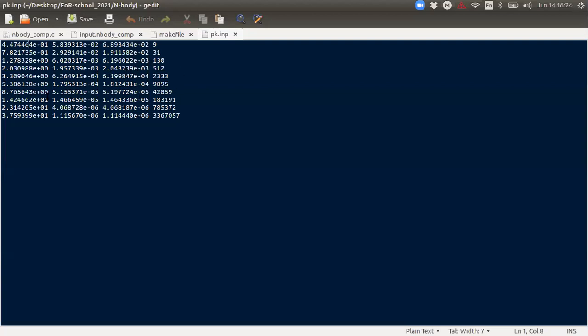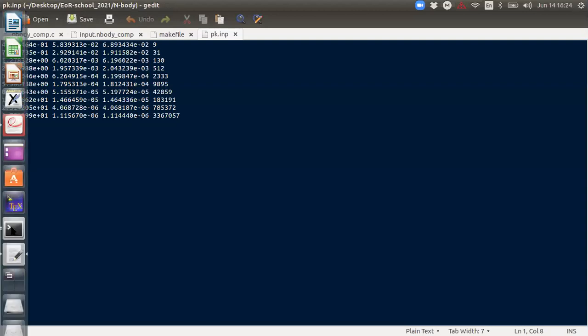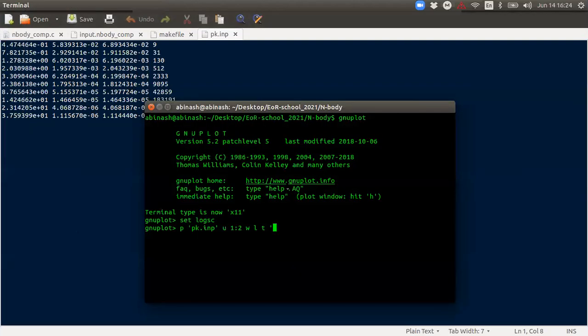So what we want to do here is compare what we get from the simulation with what the analytical theory predicts. So as you can see, if I plot the first column with 2, with the title simulations, and then again from the same file, I will plot the third column, 9, with the title analytical, or the linear theory.